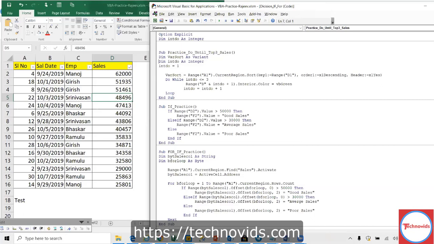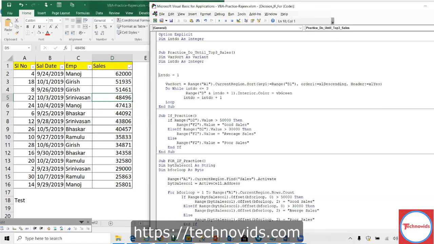So let us see how to receive the input. I'm just trying to optimize here. I have a function called InputBox, like MsgBox. So InputBox, prompt: top sales, whatever, provide a number.